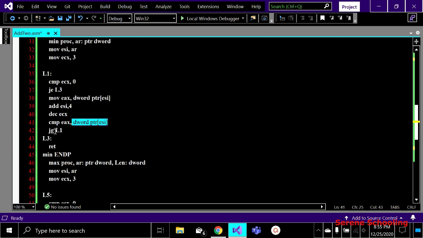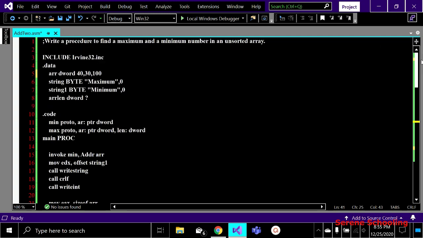And you have to take care of this thing, that you have to write jump if greater. Why greater? Because we know that this is my unsorted array. In an unsorted array, my first element must be greater than my second. If it is less, then your array is sorted, right? While we want an unsorted array.